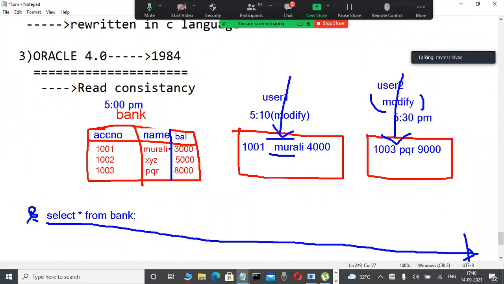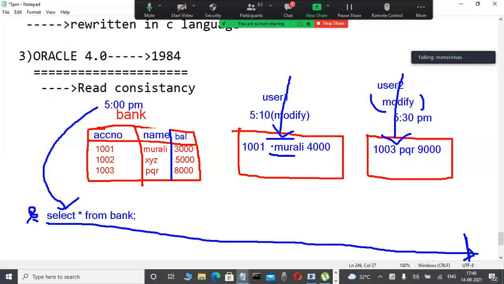Very good. Two persons are telling correctly. Whatever data is there at 5 o'clock is the correct data, because at 5 o'clock he is typing this query. During this process, anybody modifying the data, that is modified, I agree. But unfortunately, up to 5:30 PM, which data is visible? Only the first data is visible. Why? Because